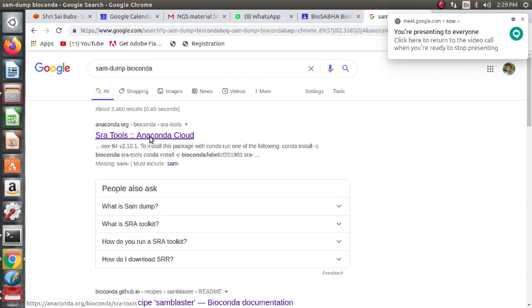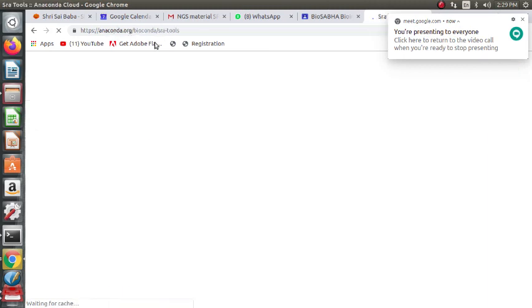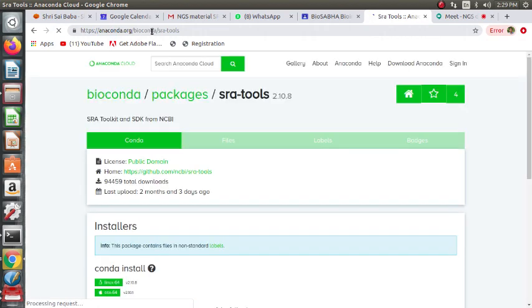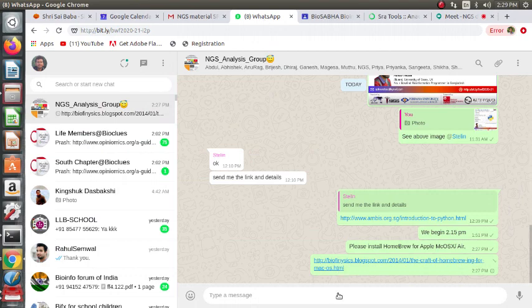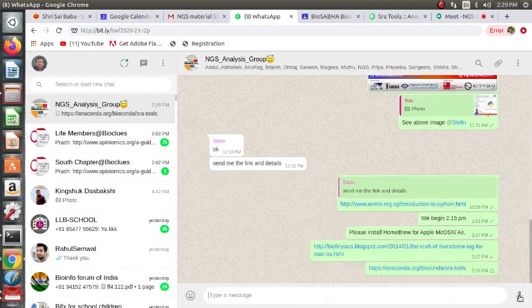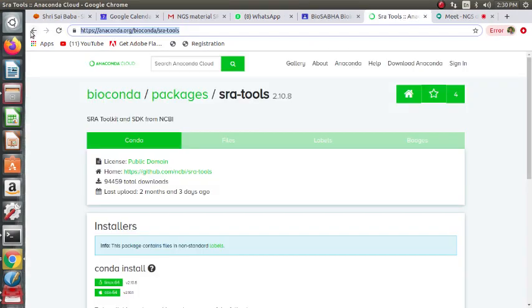So these two links, SRA tools for the SRA toolkit and software development kit from NCBI, are mentioned here in the WhatsApp. So whatever links are mentioned in the WhatsApp, please revisit them after the session and follow the instructions accordingly. Very basic instructions, I think I explained that.